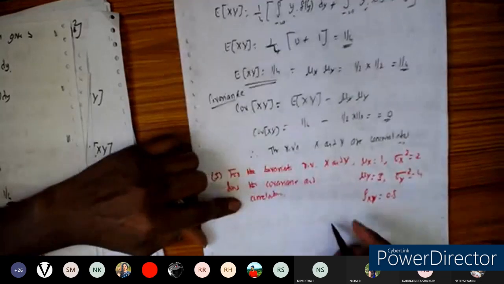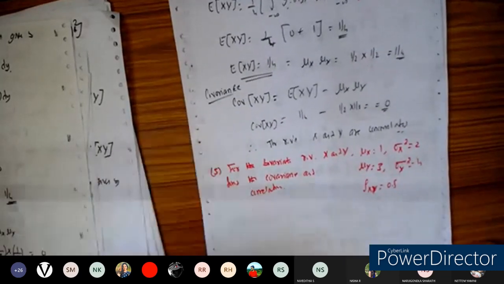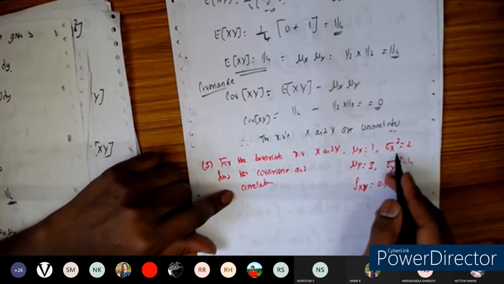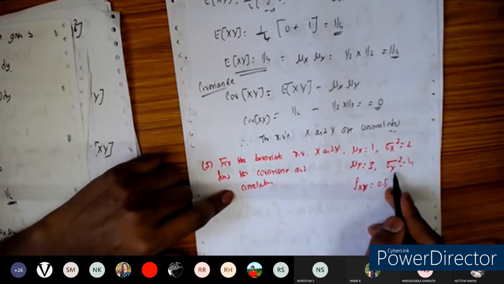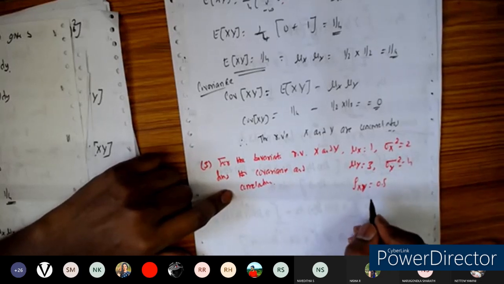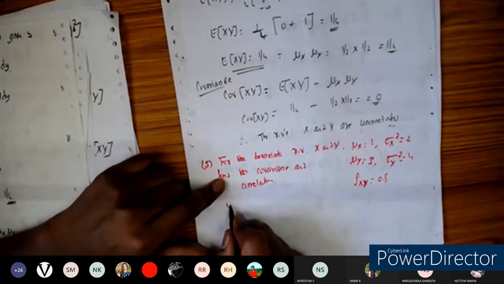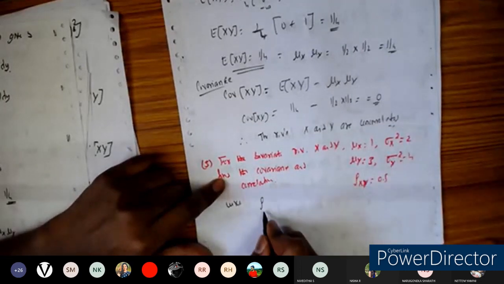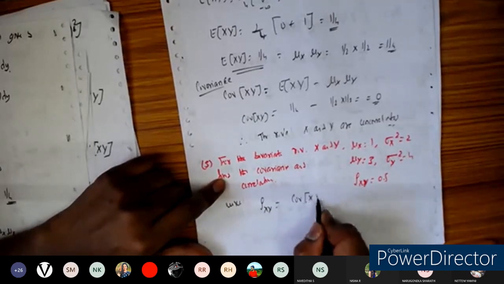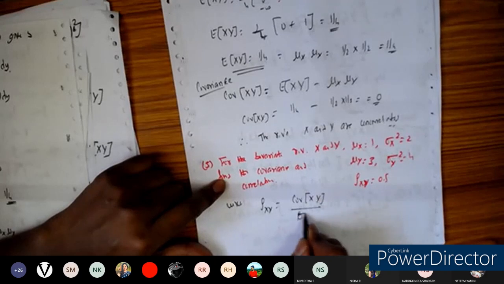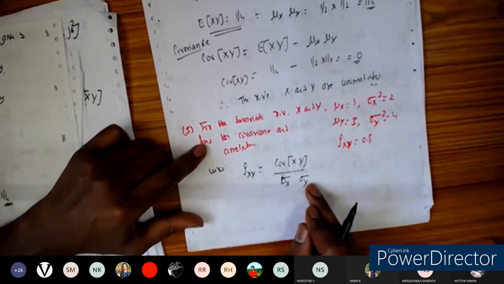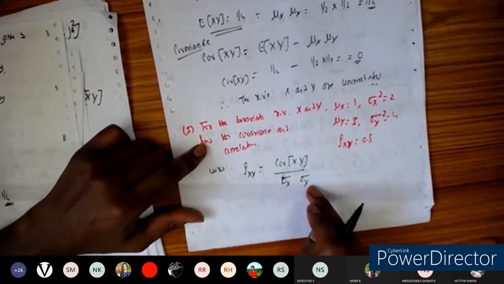So we know that the mean is given, the variance of the random variable x is given, the mean of the random variable y and the variance of the random variable y are given, and the correlation coefficient has been given here. We know that the correlation coefficient rho xy is nothing but the covariance of the random variables x and y divided by sigma x, the standard deviation obtained by taking the square root of the variance, into sigma y.